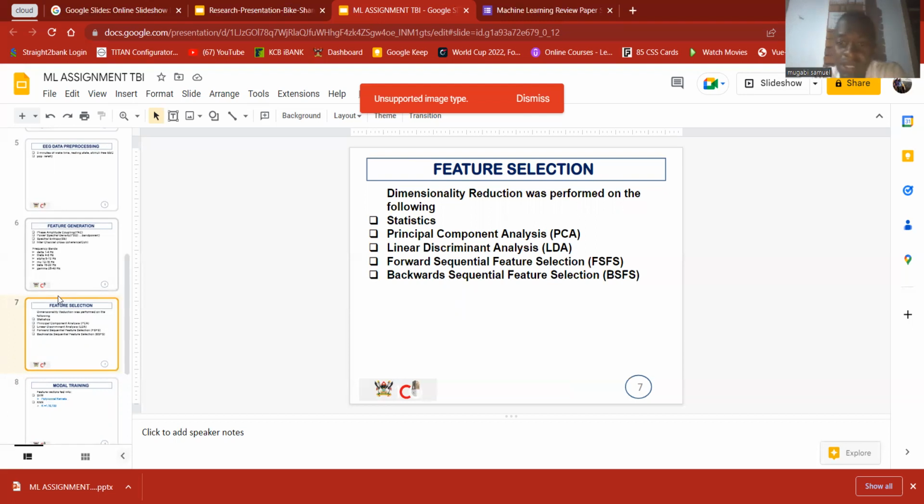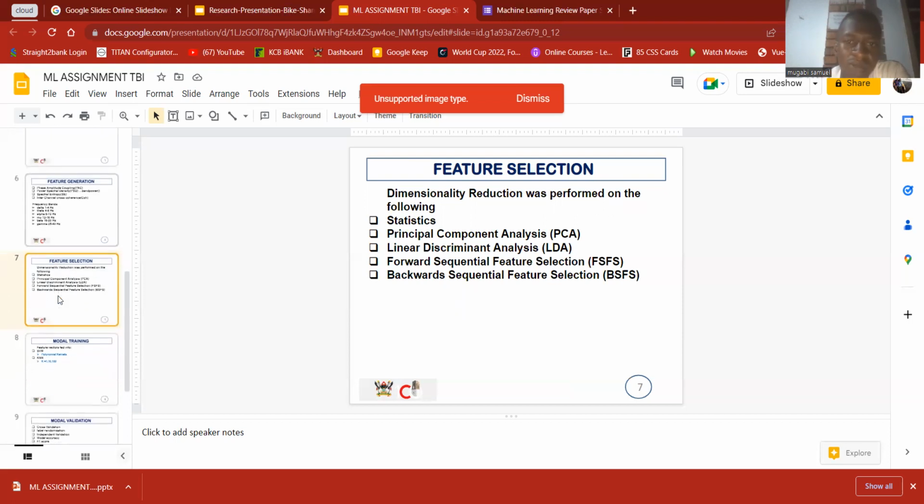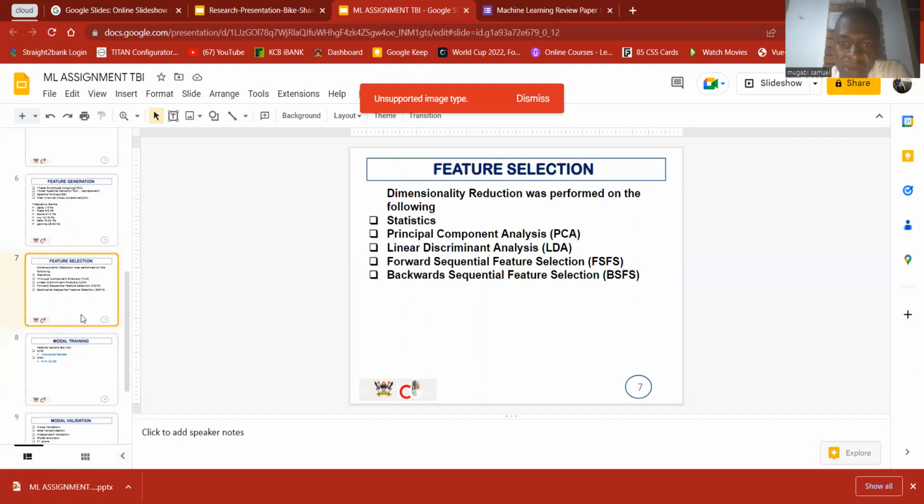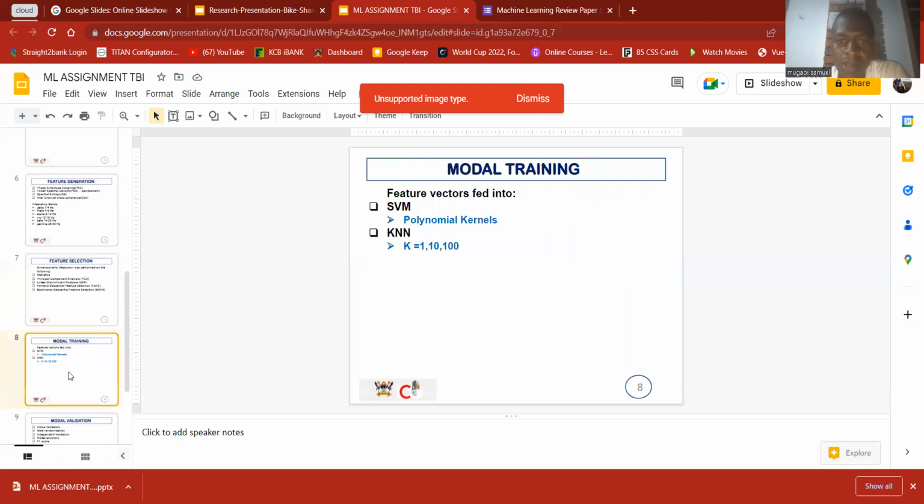It was performed using the following methods: statistical, PCA, LDA, forward sequential feature selection, and backward sequential feature selection. Now, out of this, we got feature vectors, and the feature vectors we got from those methods, we applied them to the SVM,